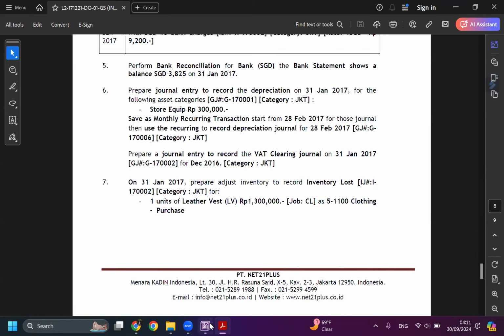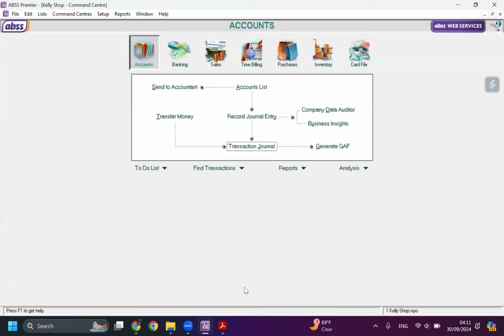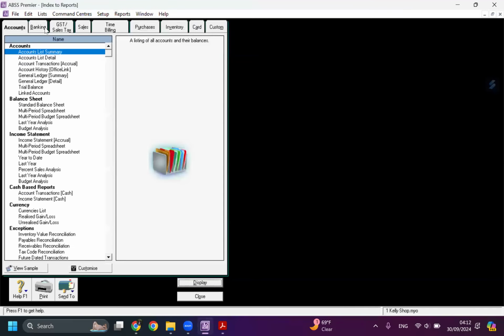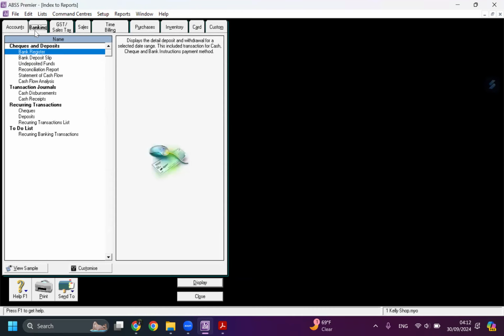How much is our VAT, value added tax? So let's check it by click report, and then yeah, you can choose anything because we can change it later. Yeah, even though you are going to go to banking, you can choose account and click banking later.